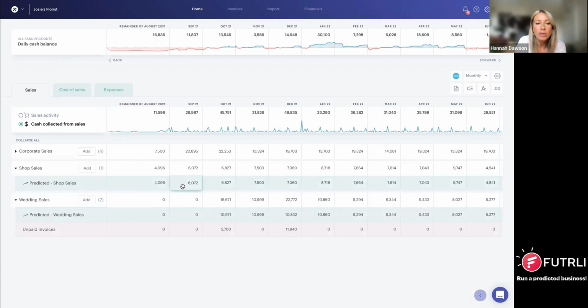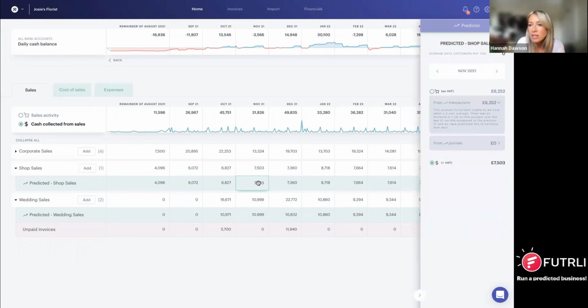So we've got the cash collected view. Again, if you go to the financial section, you can see this view for all of your P&L, so you can see it in a one-er. But if I hit the shop sales, any of those sales, you can see quite clearly that Predict has assessed that customers pay you on the same day, i.e. day zero. Well, that's to be expected. It's retail, isn't it? So it's a same day transaction. However, on the wedding sales side,